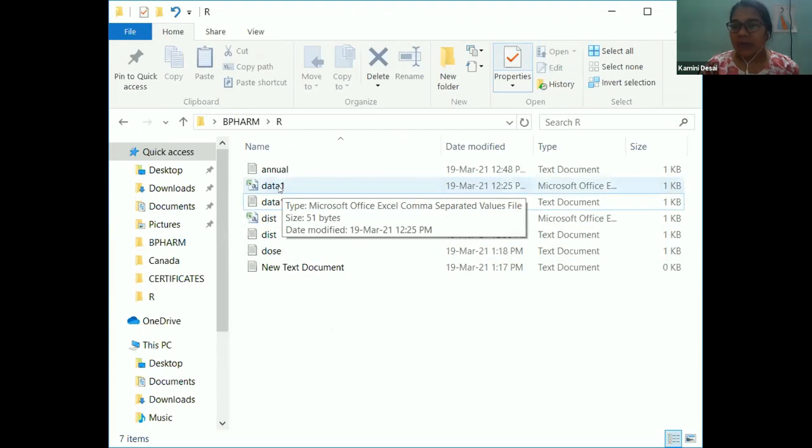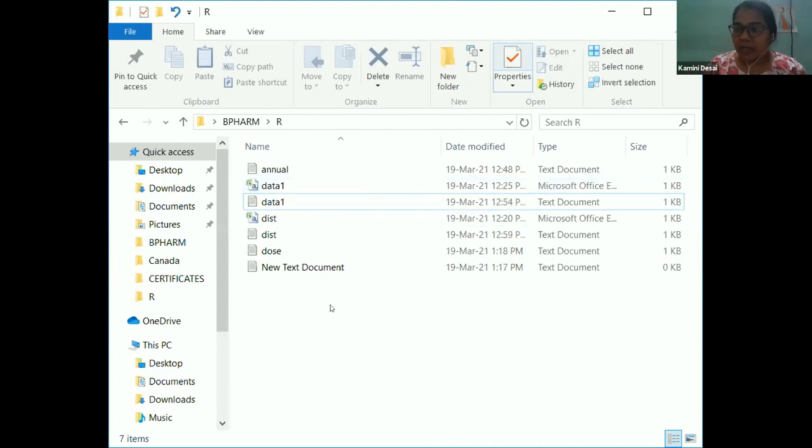So whenever you are saving the data1.csv, जब हम सेव करते हैं, you have to give the option .csv, then that data will save in the CSV format. If you are not giving anything, just in the notepad, copy the data and simply save, so that data is stored in the text format. So that time we have to give the command read.table file name.txt, header is equal to true if you want to read the header, and separated value by comma, or any special character or space.